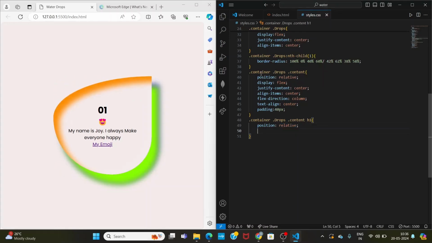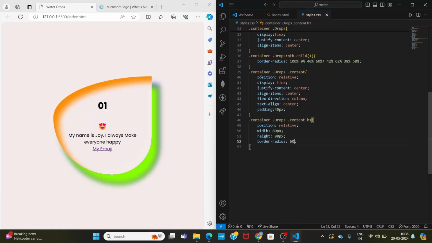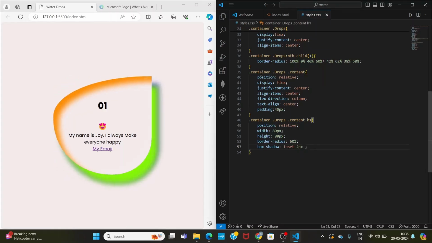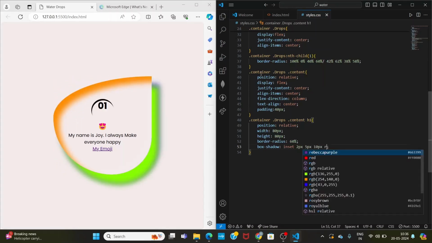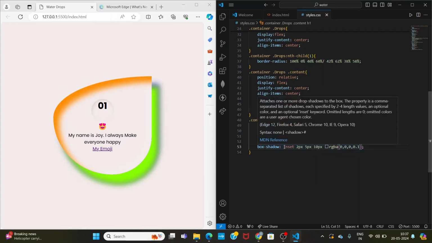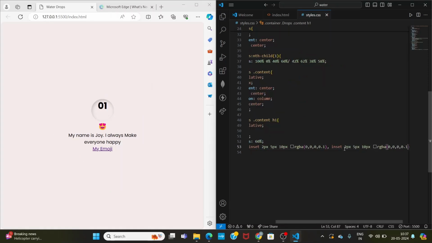So relative, then width 80px, height 80px, border radius I'll be giving 60%, box shadow 2px, 5px, 10px, then RGBA, and I'll be specifying the color. Same thing I'll be copying. Give here